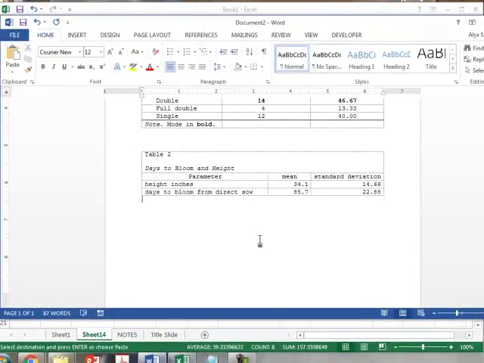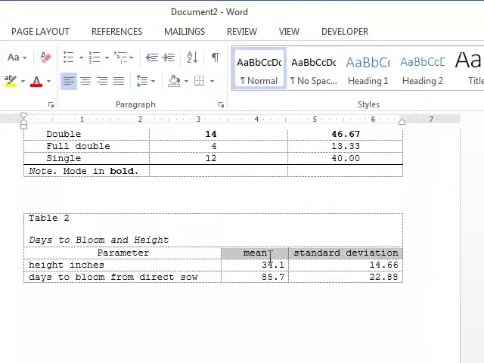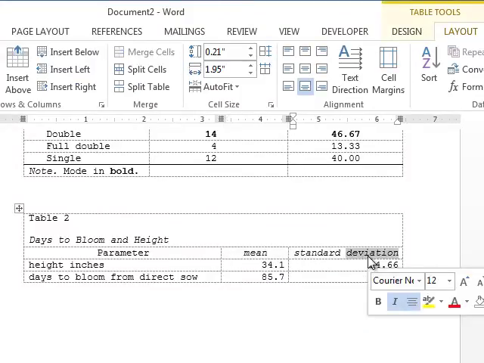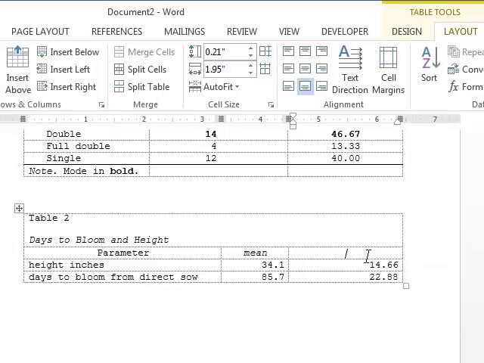Control E to center them. These dudes, since they're statistical terms, need to be put in italics. We never say standard deviation in these tables. We always say SD. This needs to be capitalized. Same with these. The first letter needs to be capitalized. That's a highlight it and then Shift F3. And then